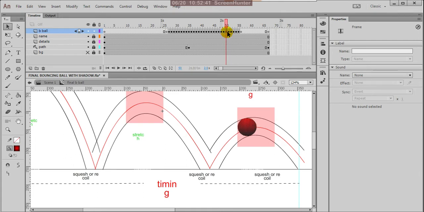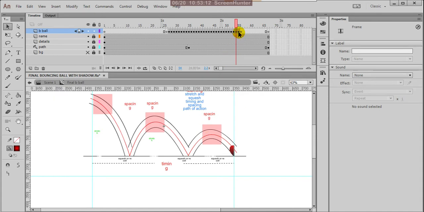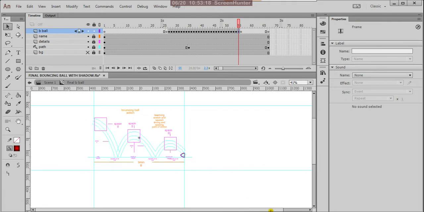With these round balls at this area, it is delaying more because of the earth's gravity opposite to your ball. The gravity is pulling down, but the ball has already reached the topmost level, so there it is delaying a few frames. After that it is dragging down, gravity is pulling down, and the ball changes its shape and again hits the ground. Okay, so it continues after a few frames also.